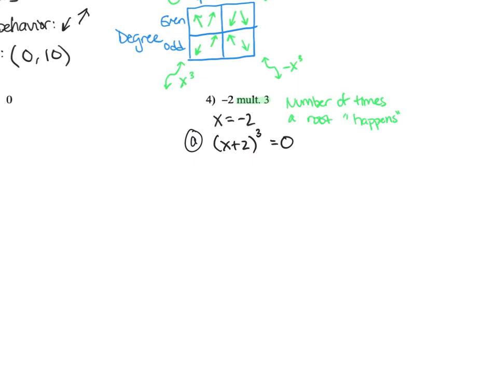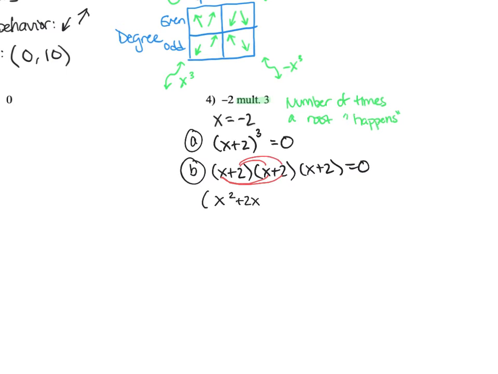So if we wanted to find our standard form, we're going to take that x plus 2 cubed. Do not distribute the cube. That's the number 1 most common algebra mistake ever. I'm going to write this out as x plus 2 times itself 3 times, and do a longer FOIL like we did earlier. So I'll just do the first 2: first, outer, inner, last. We're going to get x squared plus 2x plus 2x plus 4, times x plus 2, is equal to 0. Once I combine my like terms, I get x squared plus 4x plus 4